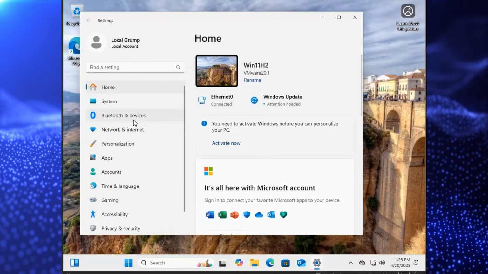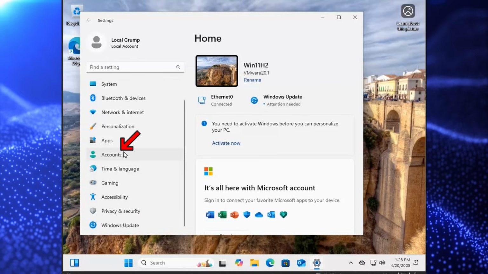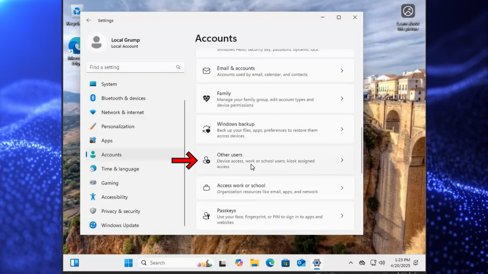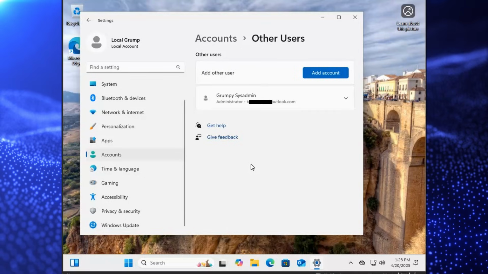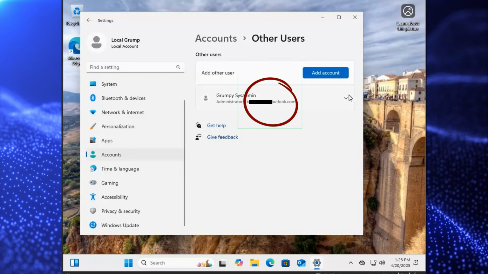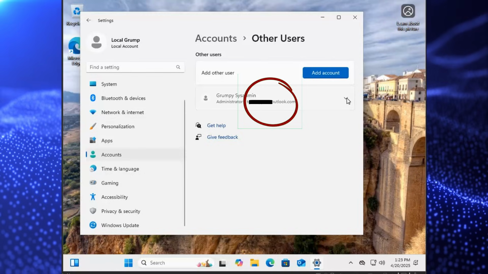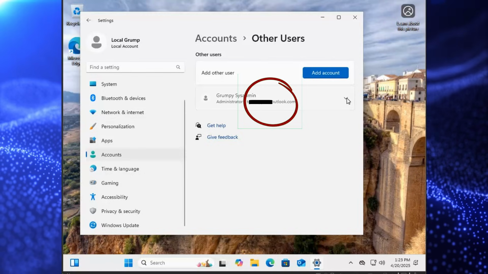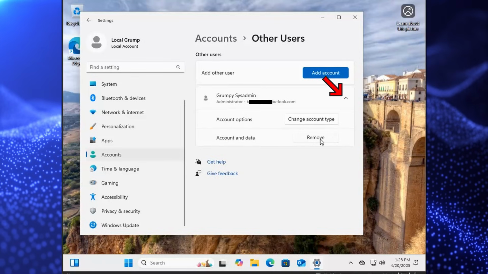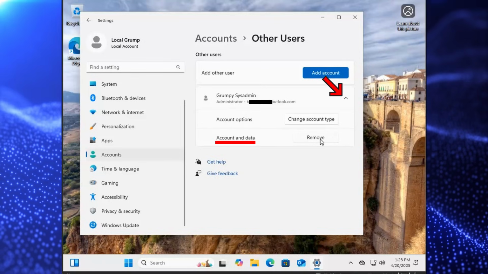On the left-hand side, you want to click on Accounts. Under Accounts on the right-hand side, scroll down to Other Users and click on that. Under Other Users, you should now see the Microsoft account you used when you first logged into the machine. Now here's the fun part, the part you've been waiting for. Click on the down arrow on the right-hand side of that account, and next to Account and Data,